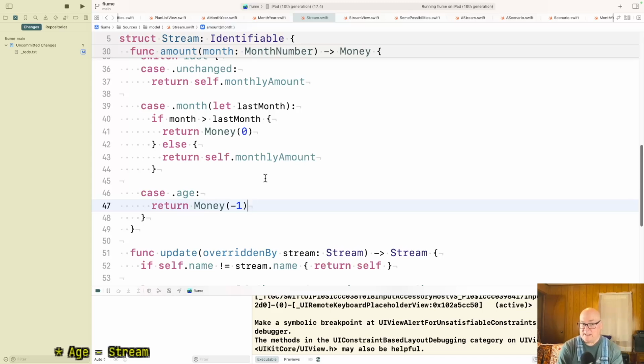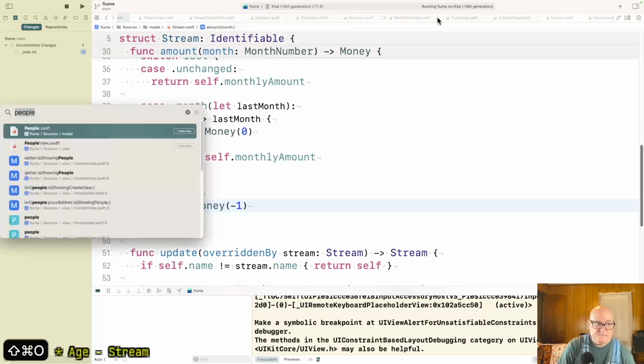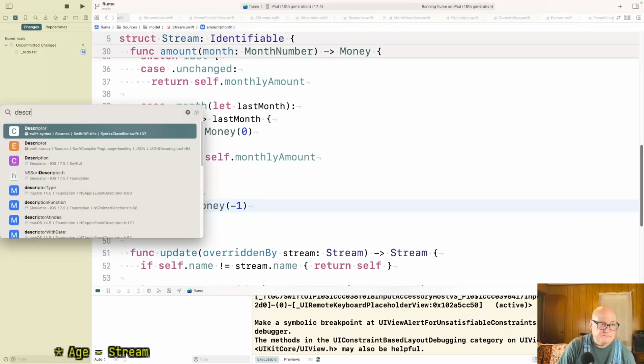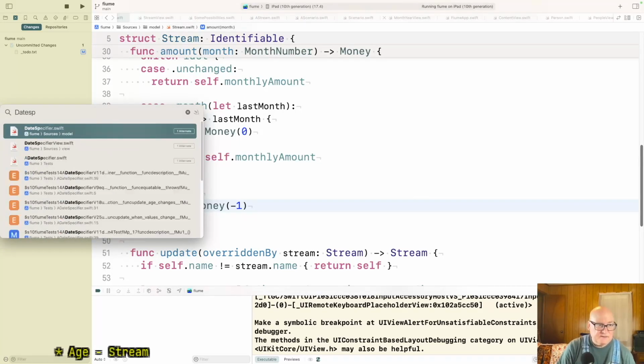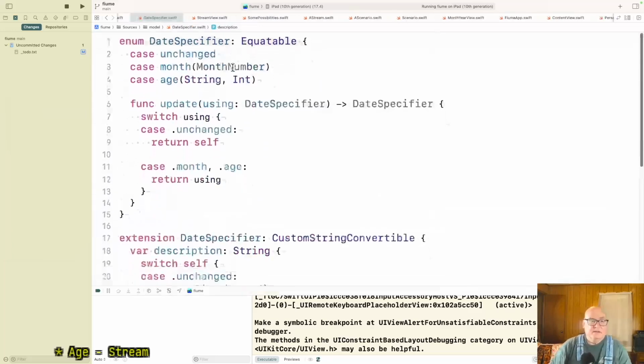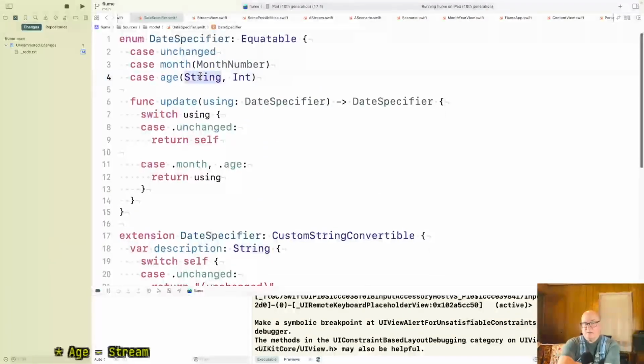So maybe that's, let's see, where's description? I have to put the front in. Date specifier. Okay, so instead of this string, do we want the person?